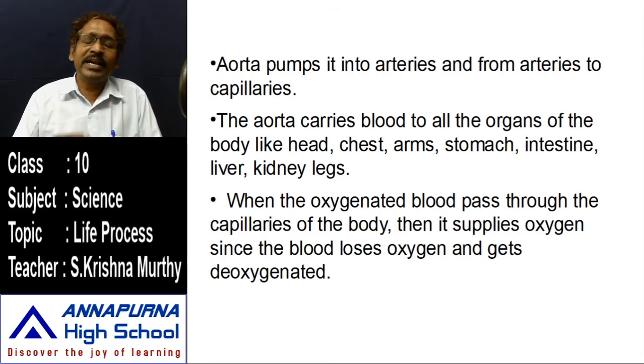Once the oxygenated blood enters the body parts, the oxygen is utilized for cellular respiration at the cellular level of organs. To do each and every function, each organ needs some amount of oxygen for cellular respiration or for the digestion of carbon compounds. Once the oxygenated blood reaches every cell, after the respiration, the blood receives the carbon dioxide from the carbon compounds digested at the cellular level. Then what happens? The oxygenated blood is turned into deoxygenated blood.